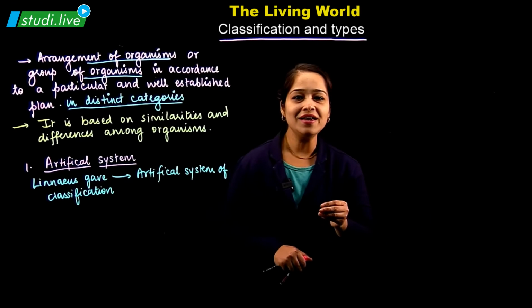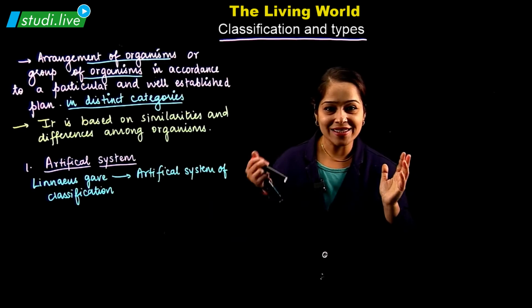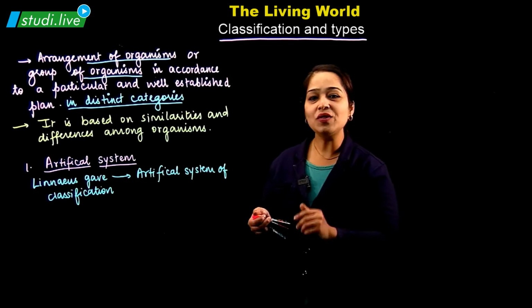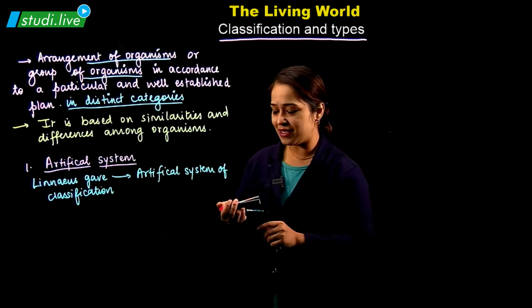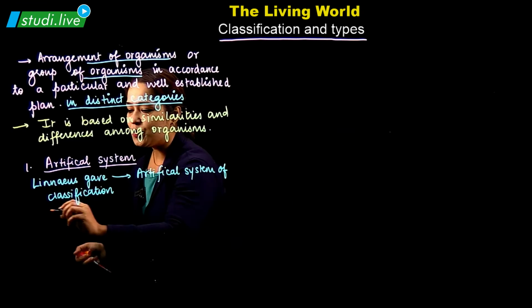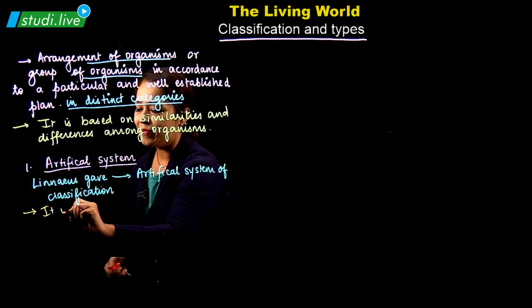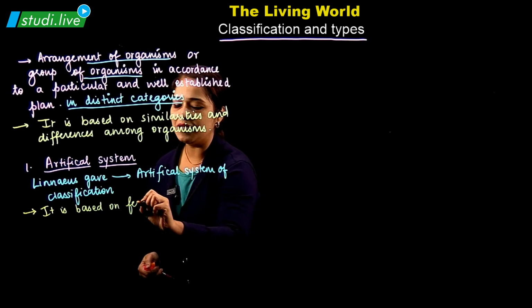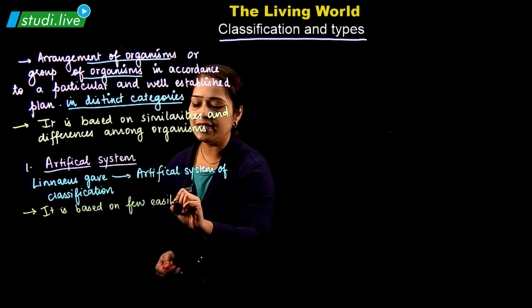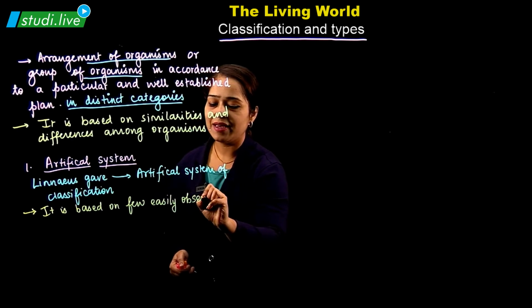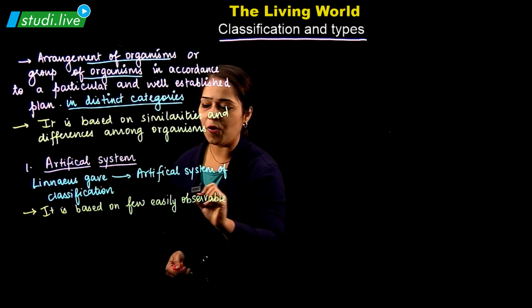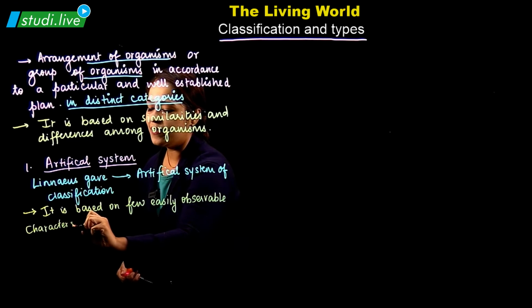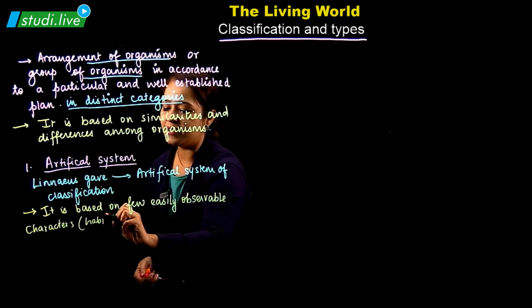What is considered is what we can see, like their habit, their color, their size. So it is based on a few easily observable characters, like habit, color, size,